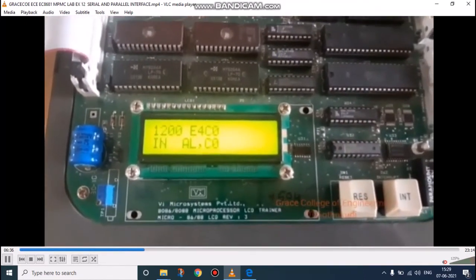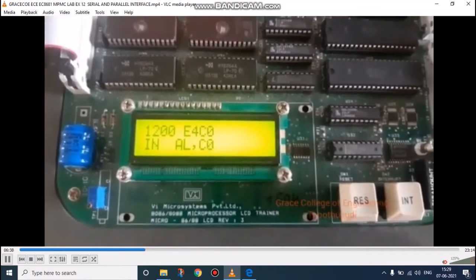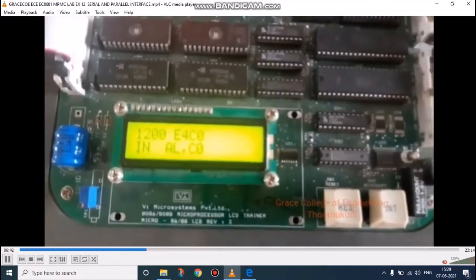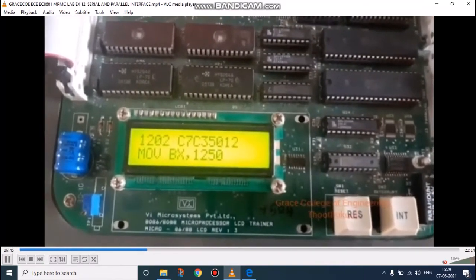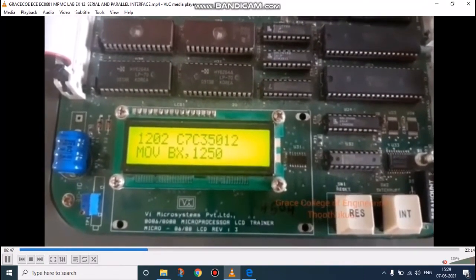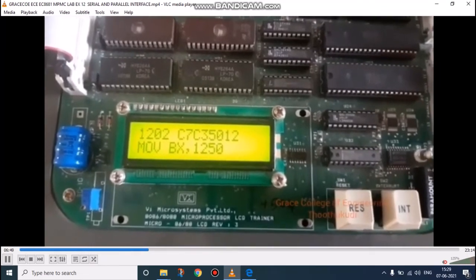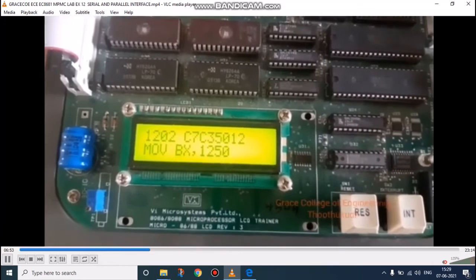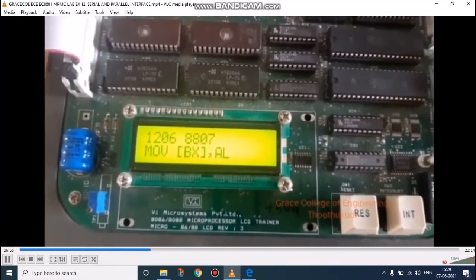Now we can give the receiver program 1200. This also I have typed, so I just move on to U1200. If we give it we can view the program I have typed, and we have to see the output in the address 1250.